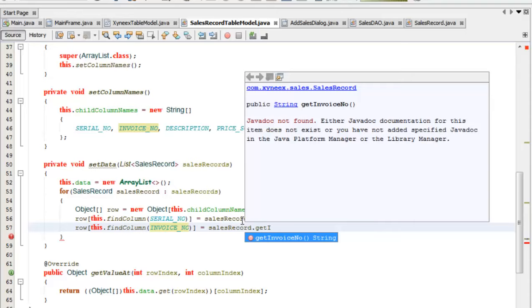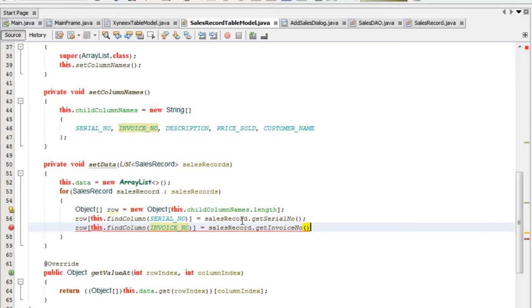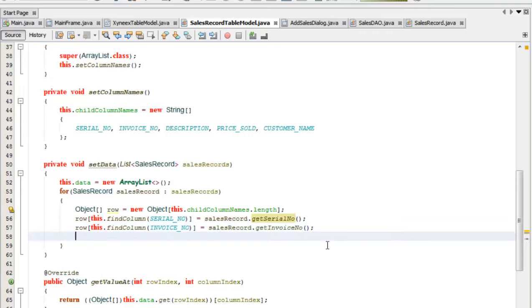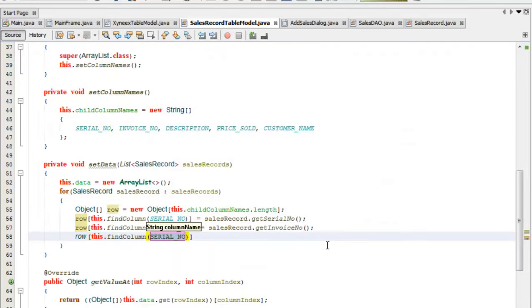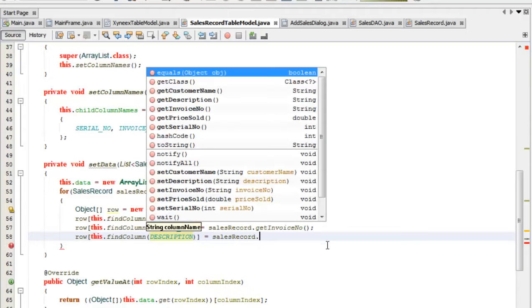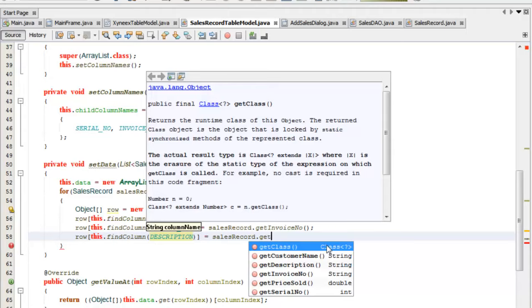Get invoice number, yeah. Okay, the other one was get serial number. It can be quite confusing. Alright, so the next one is gonna be the row, and then we're gonna specify the findColumn method, and then it's gonna be description, and then we're gonna assign the salesRecord.getDescription,